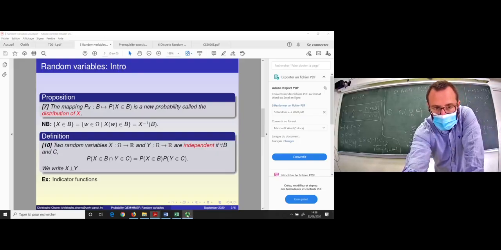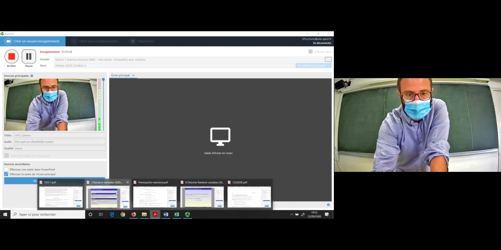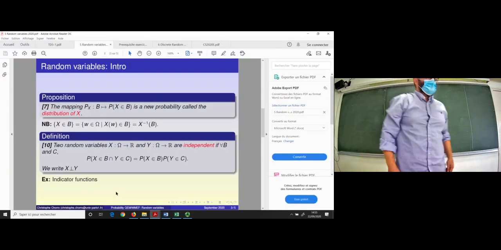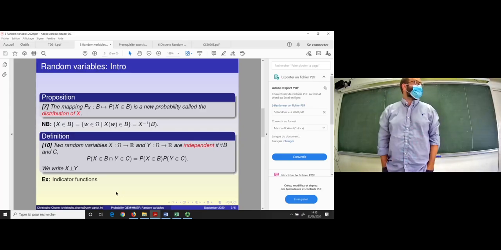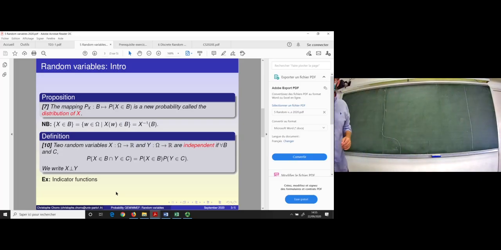Let's do the break. Okay, so I continue with the course. And here I will define the notion of independence between random variables. We have already seen the definition of independence between two sets. So I remind you that two sets A1 and A2 are independent